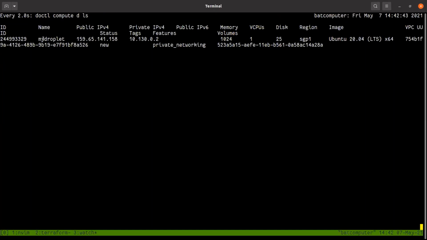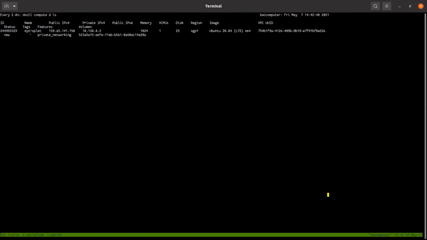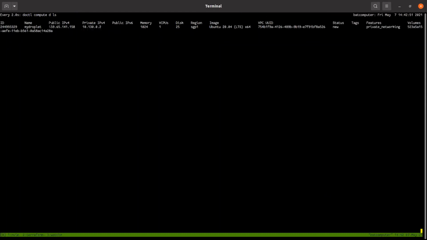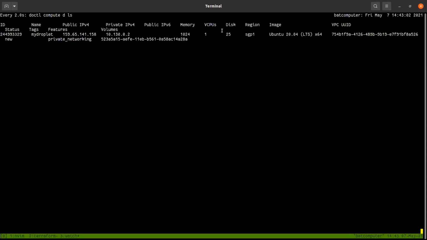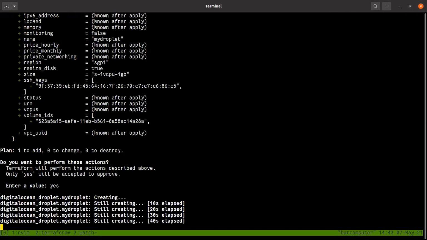That's the name. Let me make it smaller so that you can see it in one line. Notice that's the droplet, the public IP address, the private IP address, that much memory, one CPU, and the region. That's the image. Okay, let me make that bigger again. So this is still provisioning.